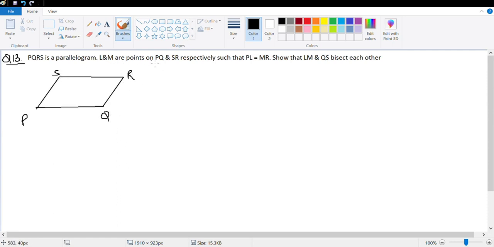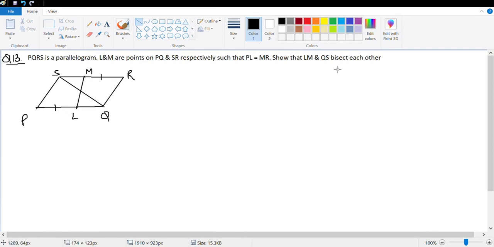Our L and M are points on PQ and SR, so that PL is equal to, so this is L and MR. Oh, okay. So this is M. So MR is equal to PL. Okay. Show that LM and QS